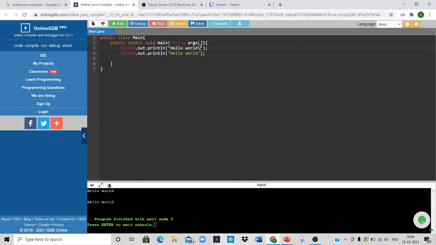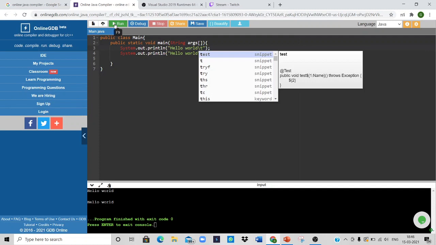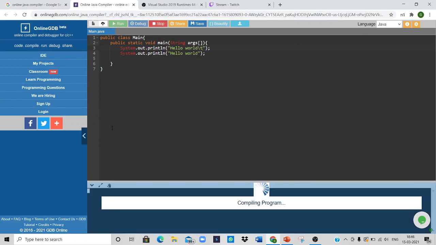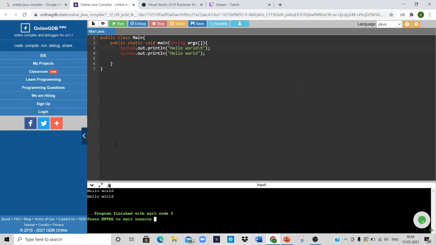If you give slash t instead, it is actually an online compiler, so that's why we couldn't get the proper answer. If you give slash t in NetBeans, if you install NetBeans and run Java code, you will get a hello world with a good amount of space, and the next hello world later.